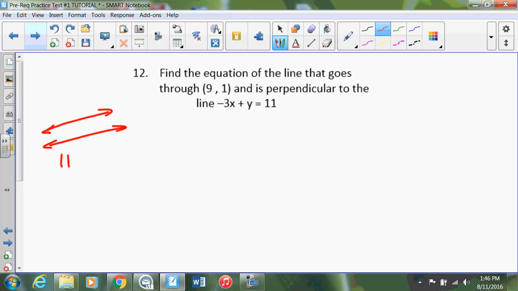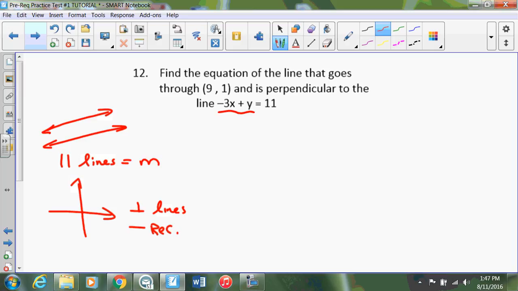So parallel lines have equal slopes, but perpendicular lines, I don't know if you remember this rule, we did teach it in algebra, perpendicular lines have negative reciprocal slopes of each other. So let me show you how this is going to work. First of all, I have to figure out what is the slope of this line right here. So I'm going to take this,